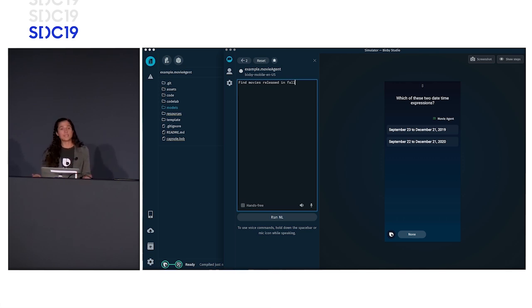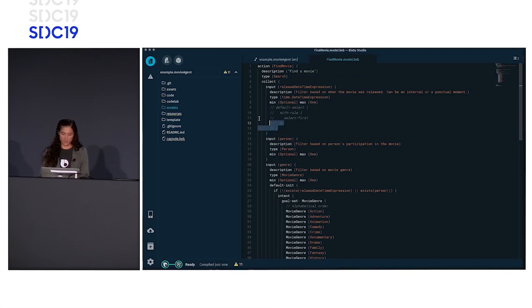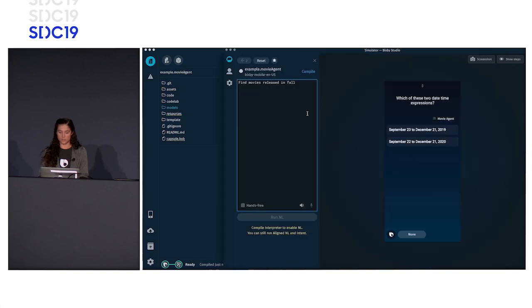So when cases like that arise, the libraries might return a list of options, and they will return them in the order that's the most likely. So if you're doing something pretty conventional with the library, you can probably trust that this order is correct and tell it to always pick the first one. So that's what the default select block here does. It tells it to always pick the first one to reduce the friction on the user from having to do this selection. So if I run it again,